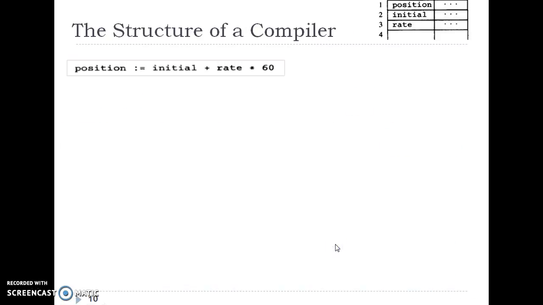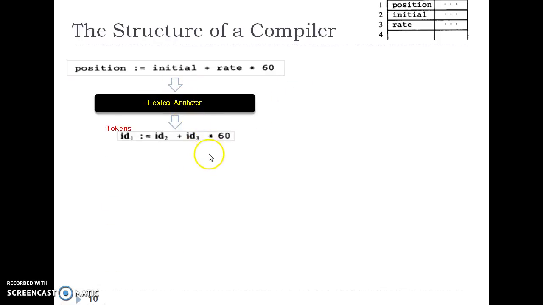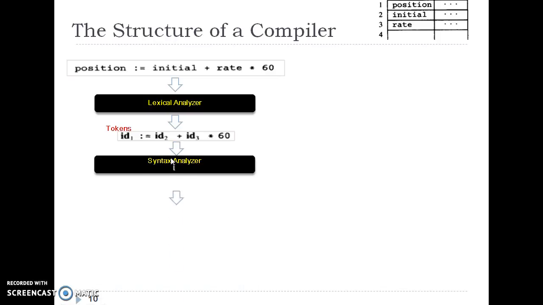Let us take an example. In the example, position = initial + rate * 60 is an instruction in the high-level language code. This instruction is fed as input to the lexical analyzer, which tokenizes this instruction. It generates tokens as identifier, followed by the assignment token, an identifier token, a second identifier, as well as the operation plus, the third identifier token, the multiplication operation as a token, and the last token as constant. So it's going to generate a stream of tokens which is given as an input to the syntax analyzer,